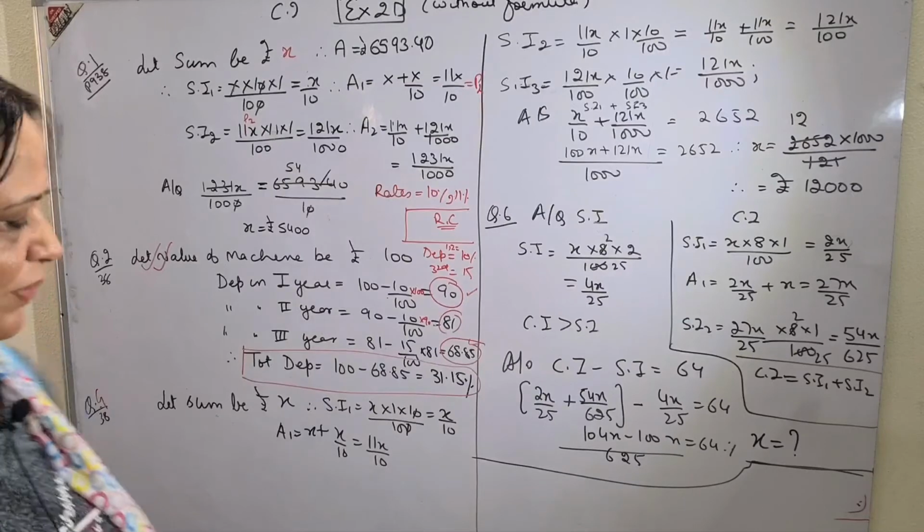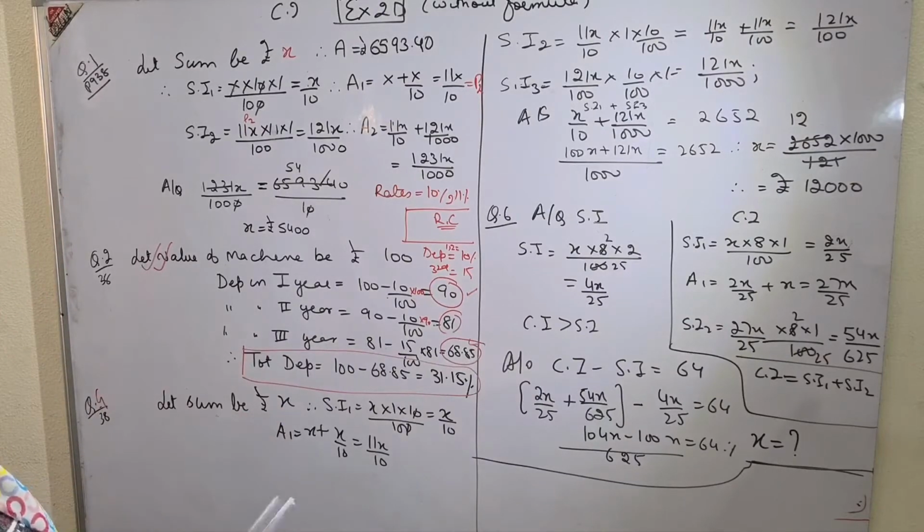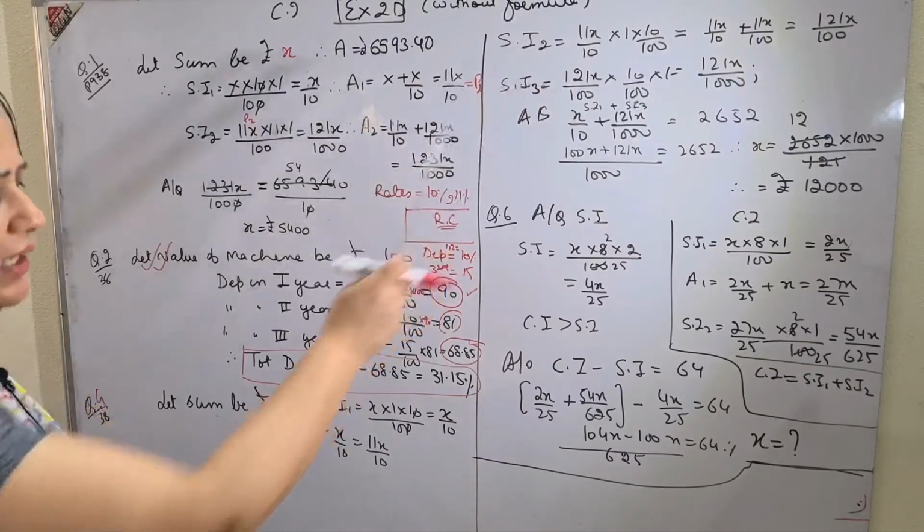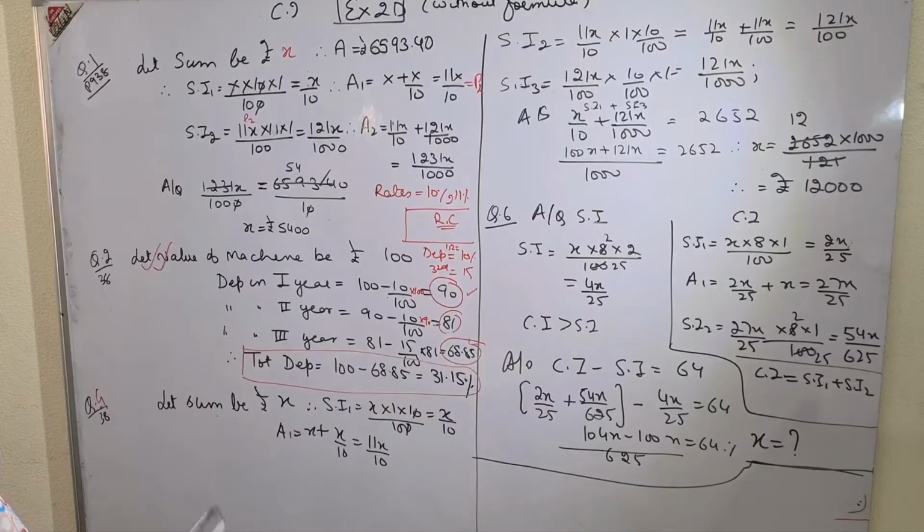On a certain sum of money, I suppose the sum to be rupees X. Let the sum be rupees X. He says that it is invested at the rate of 10% per annum compounded annually, the interest for the first year plus the interest for the third year, please add it, is given equal to 2652. So taking X and rate to be 10%, I started with the sum. SI1,